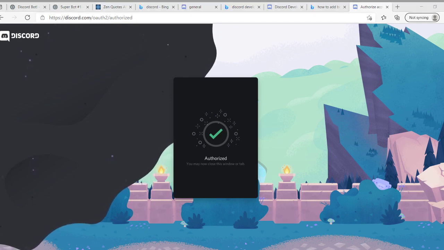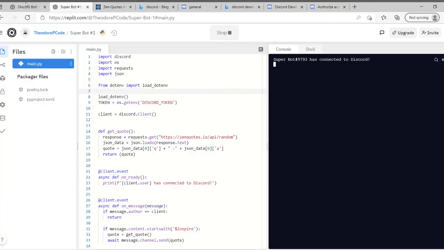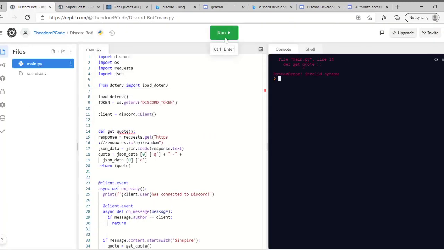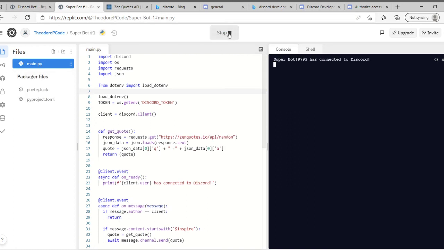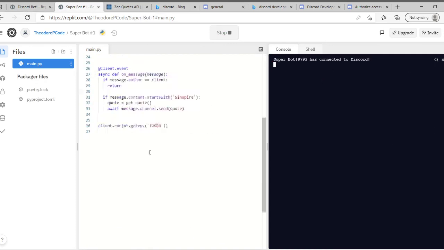Okay, so now everything is up and running. Your YouTube test bot is up. Everything should be working. So we're going to go back to our code, and we want to run it. And obviously, oops, sorry, I was running the wrong code. So we want to. And if this says it as well, what you're going to want to do here,